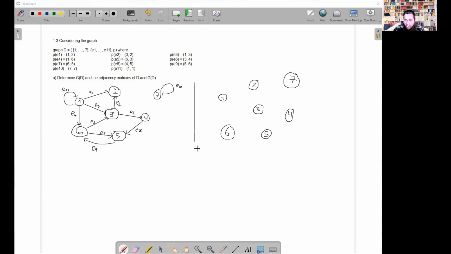And now we draw a non-directed link for each directed link that we have on the left, right? So for instance, for E1, we have a non-directed link, for E2, for E3, E4, E5, E6, E7, E8,